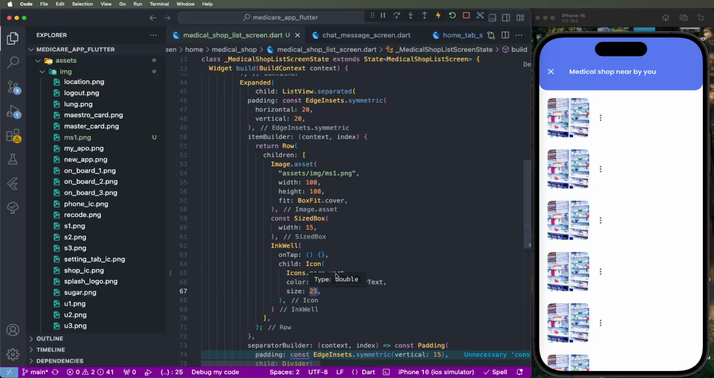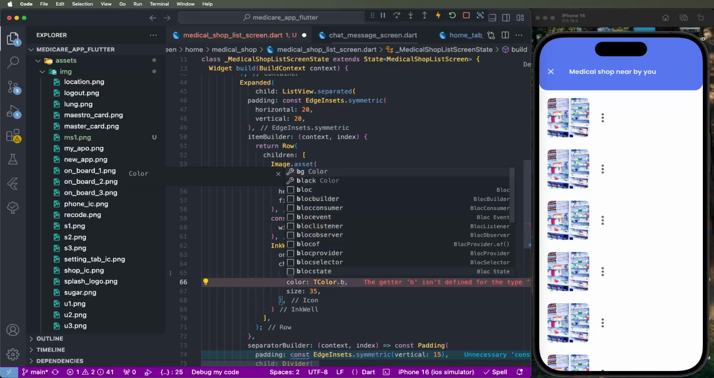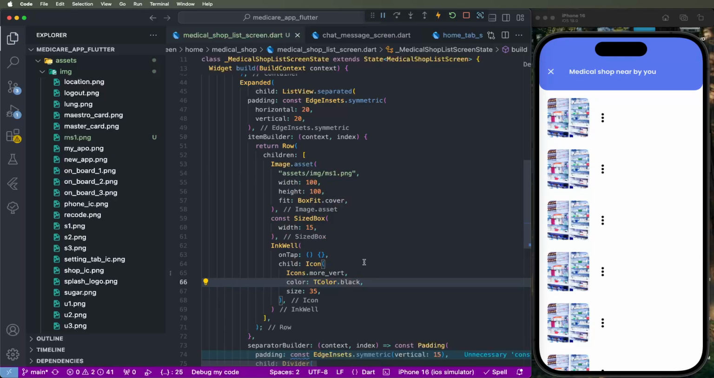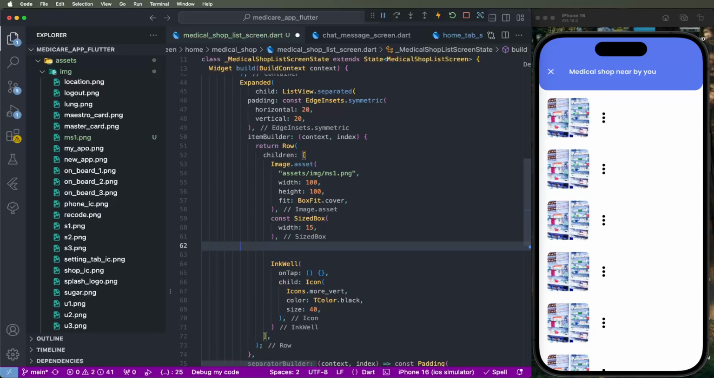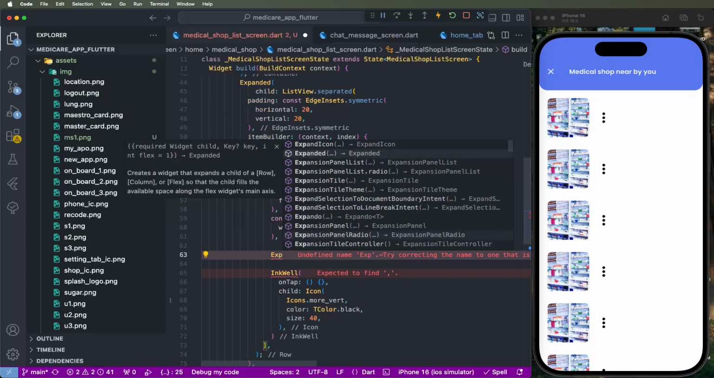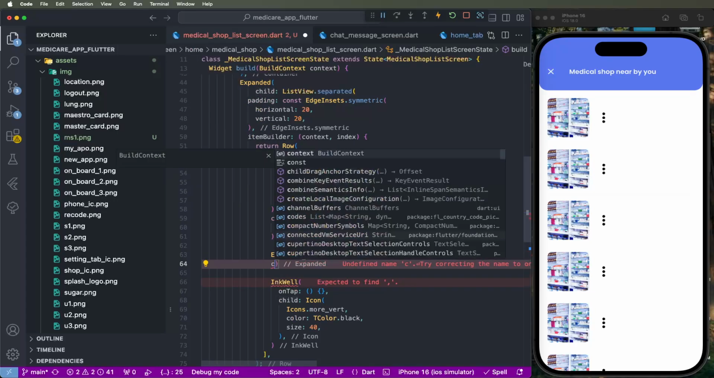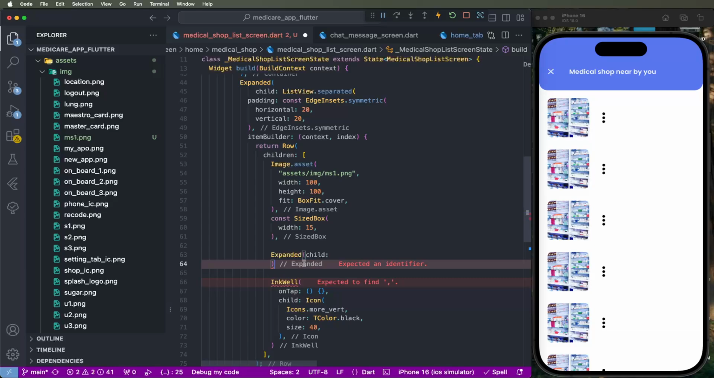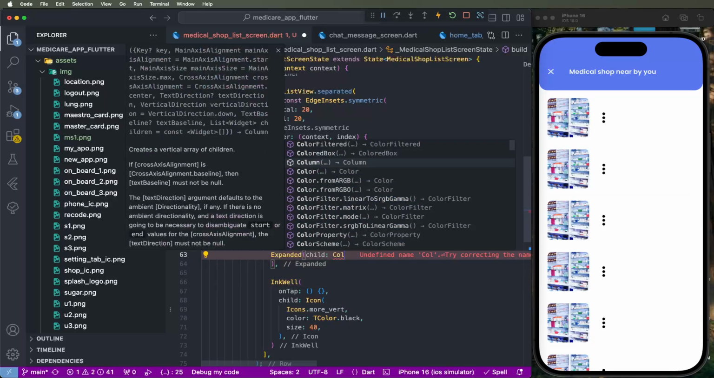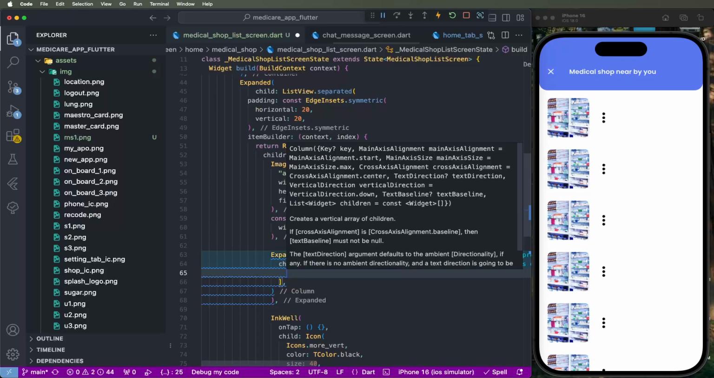So 25, similar to the designs, so need to show here. Set the black color like here. 40 is good. Now we need to write down the Expanded. Inside we need to create a Column, give the comma, and we need to write down the children of the column, and also